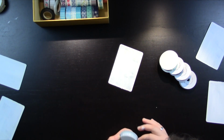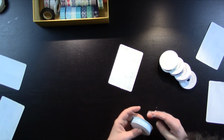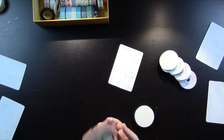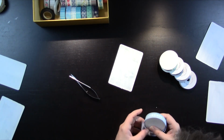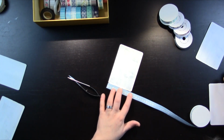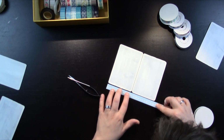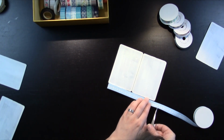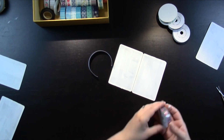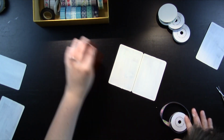and let's start and see how I like things. Where are my scissors? There they are. Okay. So since these are having a release paper at the back, I have to cut maybe like that. To cut things to size, so I'm going to use these two cards together to measure